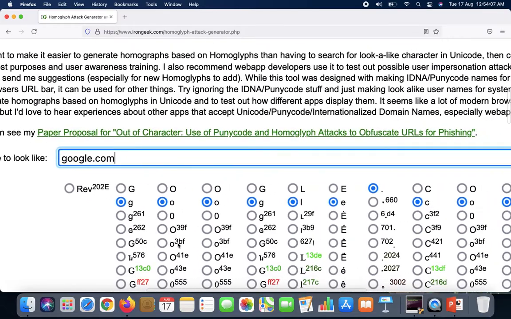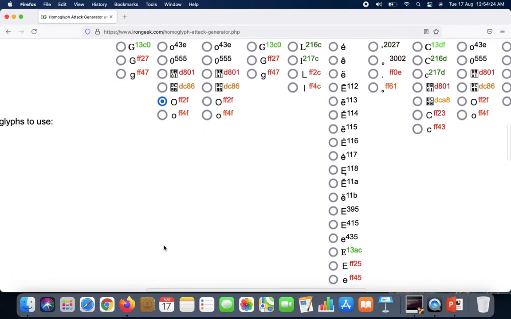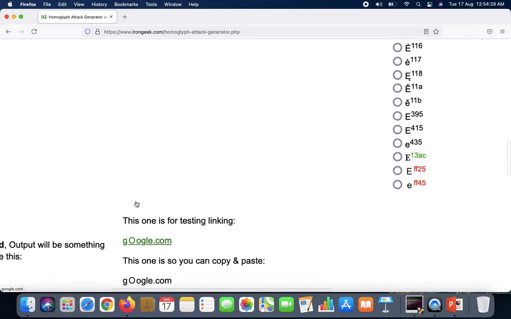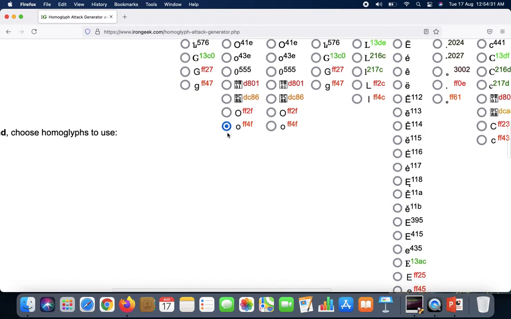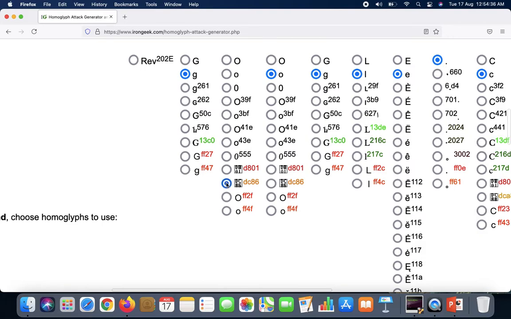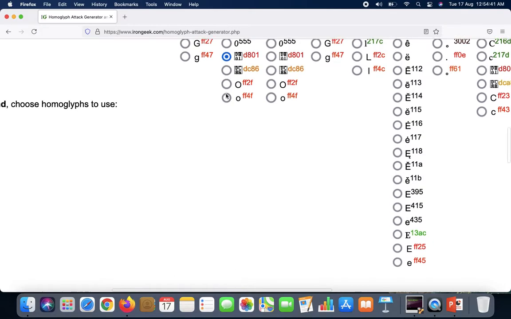Let me make it a domain based on similar characters. I'll replace some specific ones, like O, L, and E. Let me replace this O and see how my result looks. No, this is a little weird and easily identifiable as a different O. That is also a little different O. Let me try another, that is also easily identifiable.